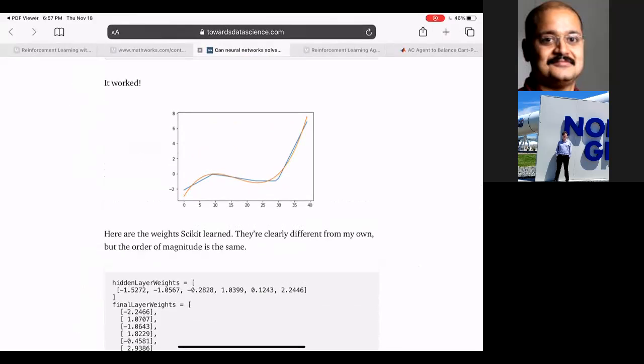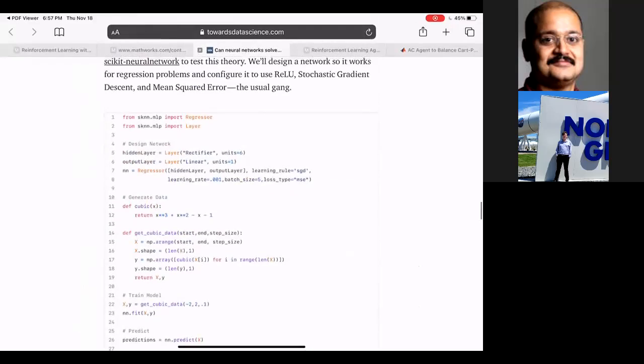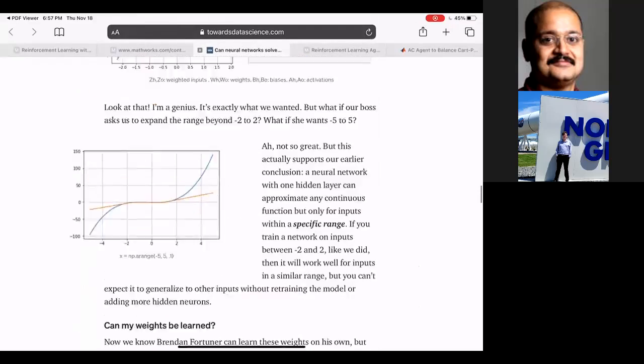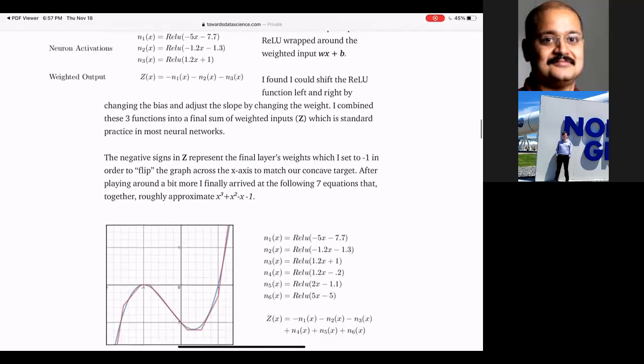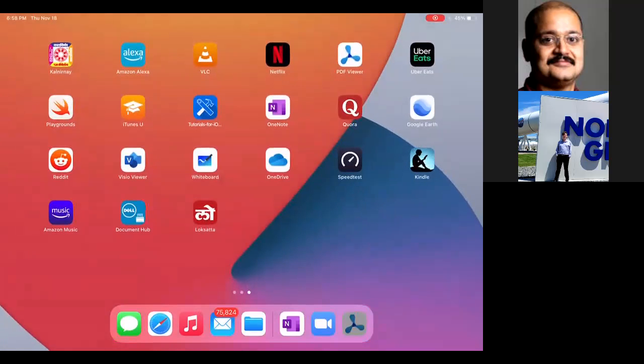Yes, these slides, I'm going to post them online and on Canvas. If you click on this link, this code is given in Python, so I would strongly encourage that you run this code on the side. The idea is he's just using 6 nodes, and they are approximating this shape fairly accurately. And if you think about neural networks, they could have hundreds of nodes. So finally, this is the premise of the neural network. Yes, I will go ahead and upload these slides.